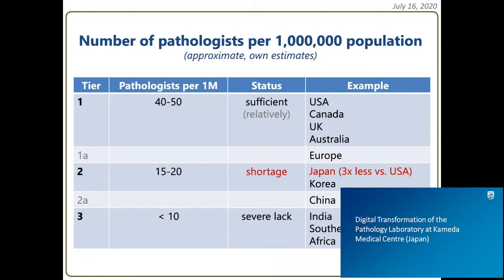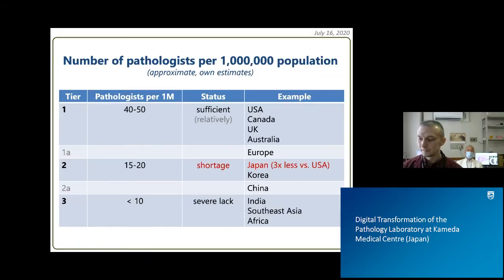Well, these are my own estimates. Probably this is the first time I created this slide and showed it to people. Once again, these are just estimates of pathologists per 1 million population based on informally and formally collected data over the last year. So please don't take it as robust data, but as a reference, I think it's okay. I divided this density of pathologists roughly into 3 tiers: tier 1, tier 2, and tier 3.